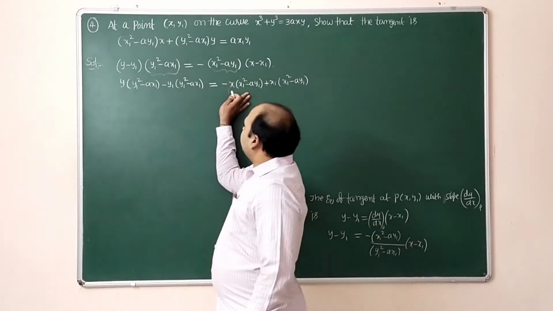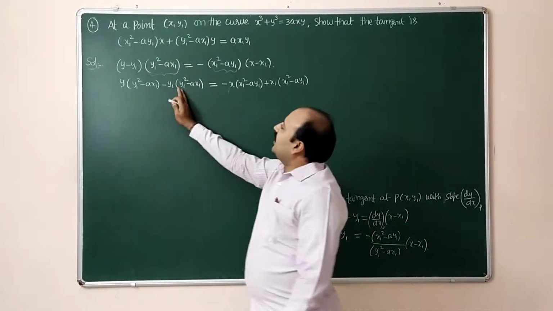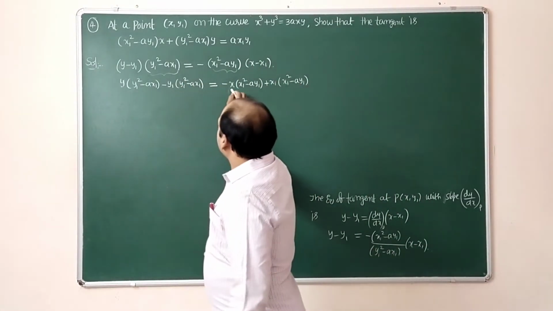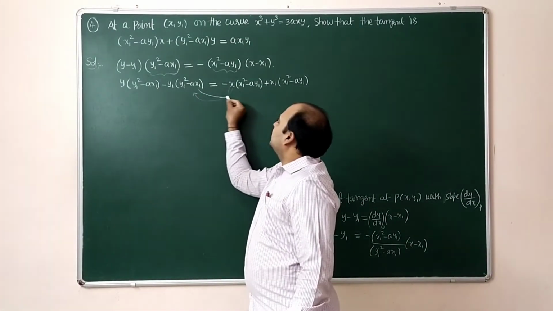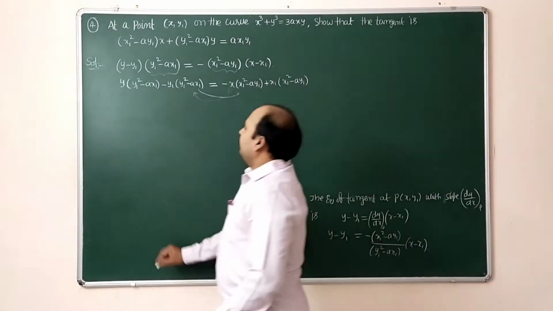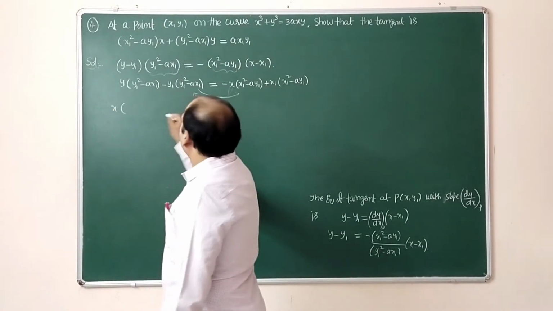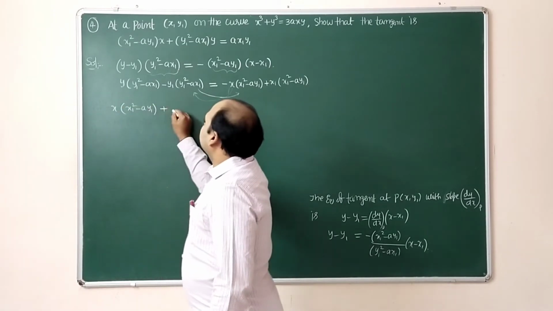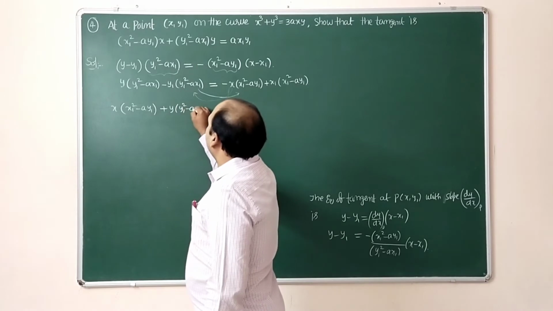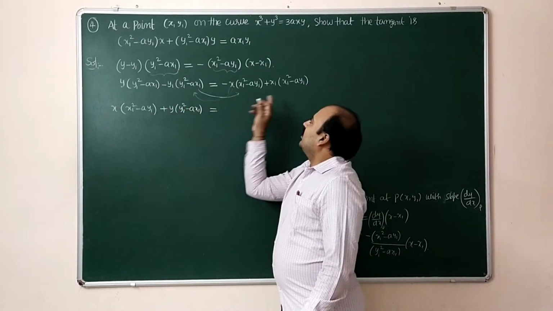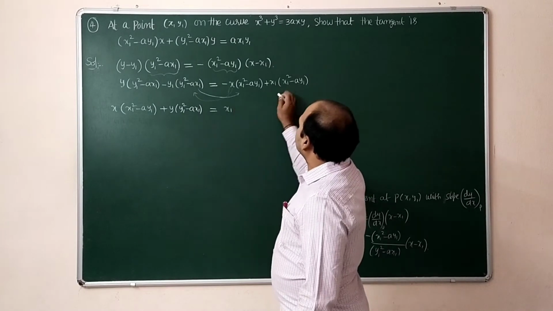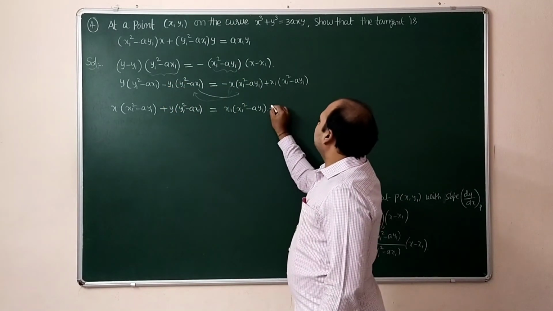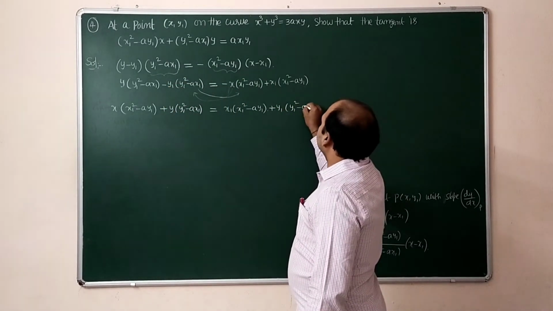So here the minus value we are taking into LHS, and the minus y1 term we are taking to this side. So it will become minus, this we are taking this side and this value we are taking this side. You remember that. So now x into x1 square minus ay1 plus, already y is there here, y into y1 square minus ax1 is equal to, here already plus x1 into x1 square minus ay1, the minus term we are taking this side, plus y1 into y1 square minus ax1.